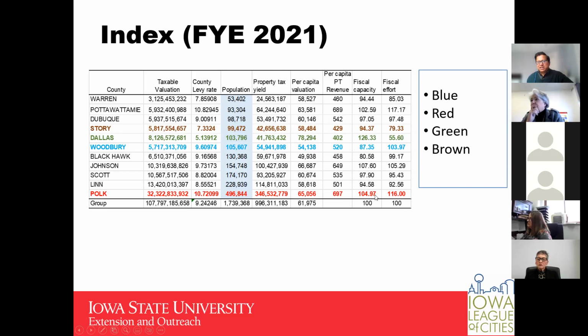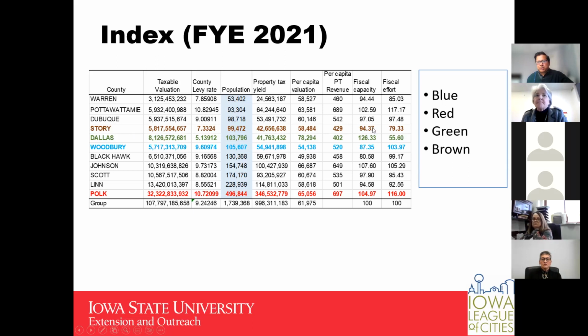If a place has a robust tax base but is still having a higher levy rate, it can be interpreted as the county having a slightly more reliance on the property tax rate. And this is true because up until a couple of years back, the cities in Polk County didn't have the local option sales tax, which puts a county like Story County, which is in brown, where